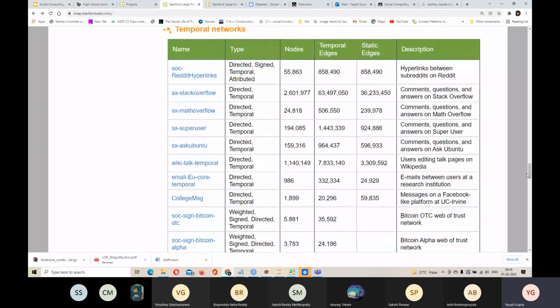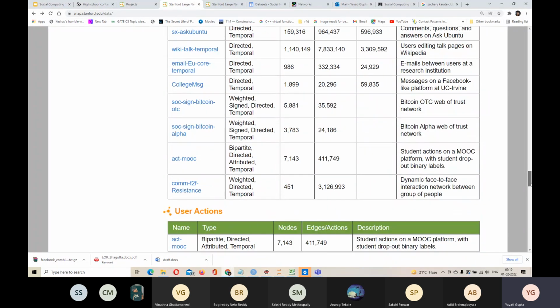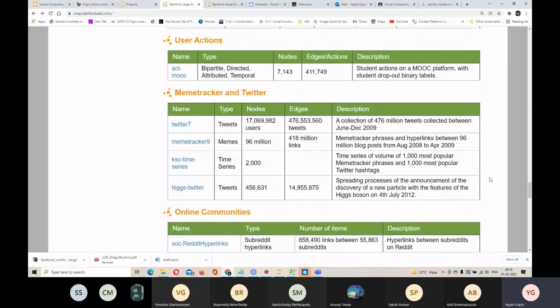Temporal networks are those which evolve with time. So you have the network data at several different timestamps. You can see how the network is changing with time. This is some actual Twitter data. This data was collected when the Higgs boson particle was discovered. These people tracked which people were talking about this particle and created this data set from there. So it is actually a retweet network.